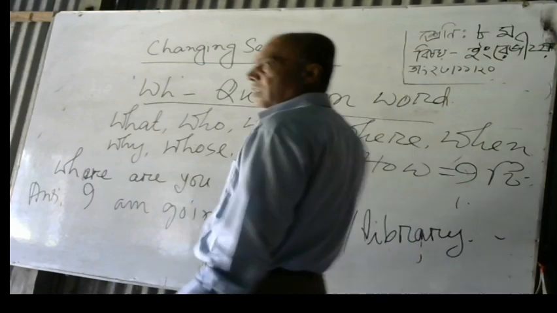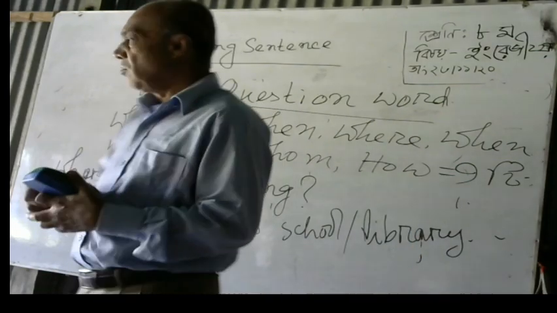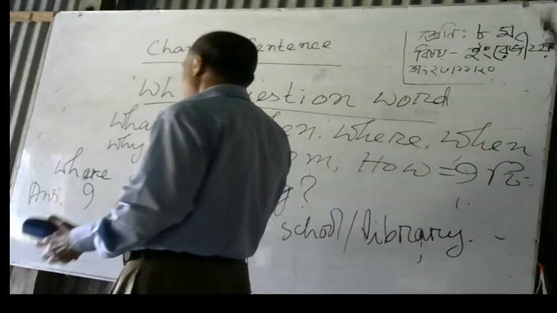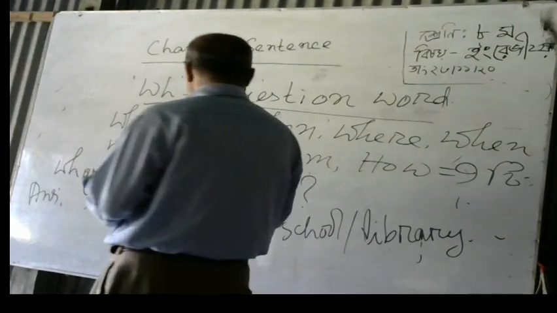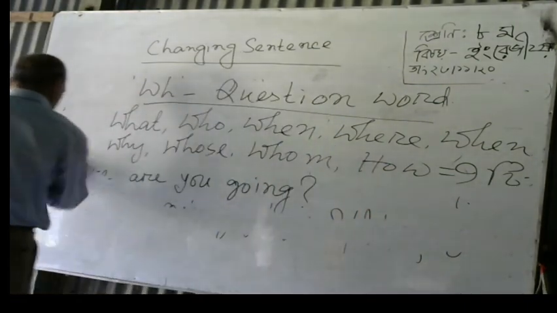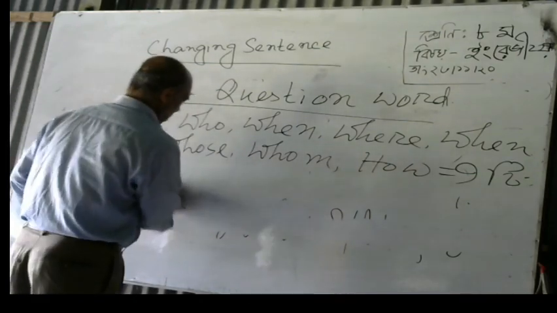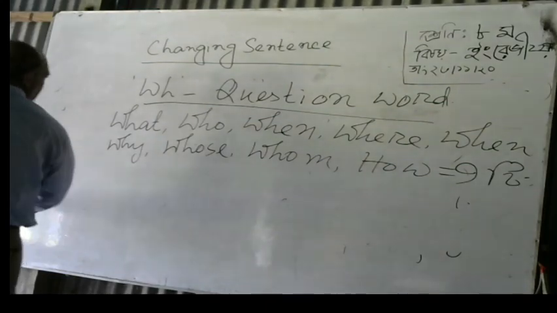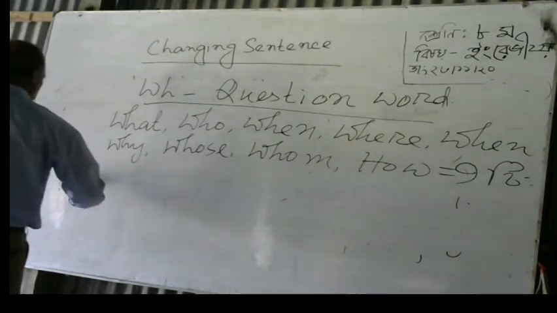Any other thing like this. So when you make a question using a WH question word, you cannot answer yes or no. Then what do you do? Again, if I ask you a question like this,